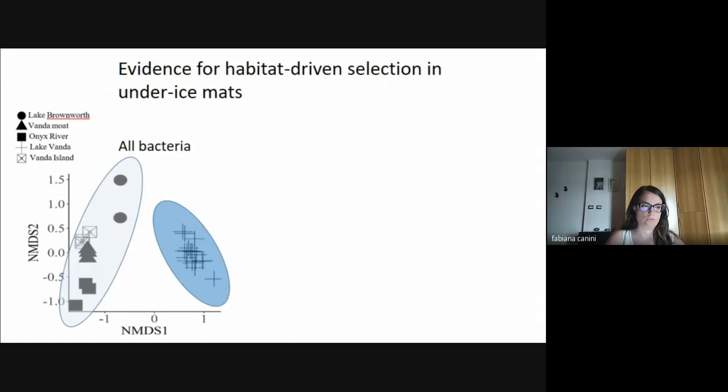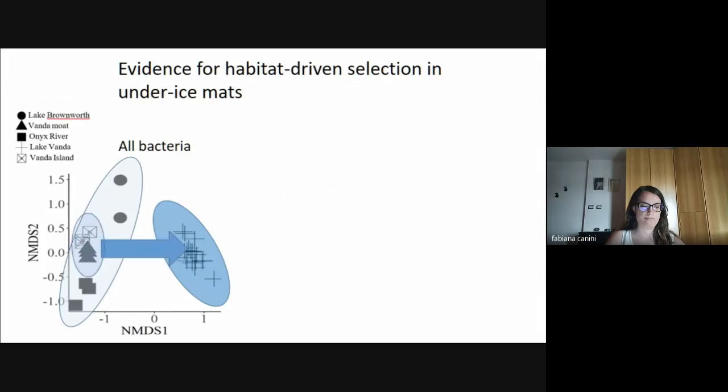In this plot, we're looking at the shallow water sites, which is the pale blue, this section over here, and we're also looking at the deep water locations in Lake Vanda. So I mentioned earlier that these shallow sites all have a relatively similar environment in that they are frozen during winter, liquid during summer, and over here on the right hand side we're looking at communities from deeper in the lake, from 8 meters plus, which are under ice cover all the time, but they are also liquid all the time. So we see a very strong separation.